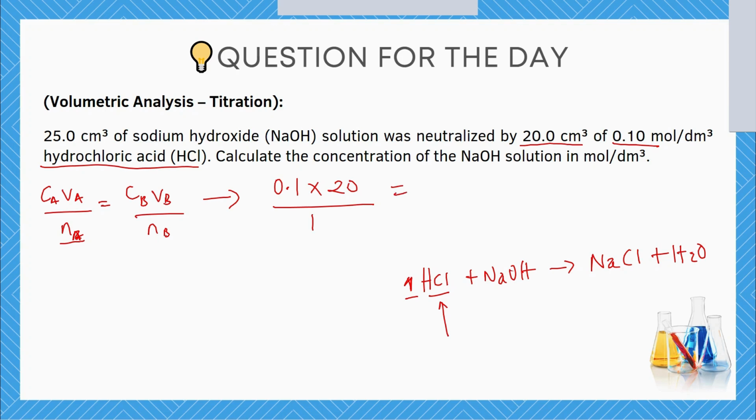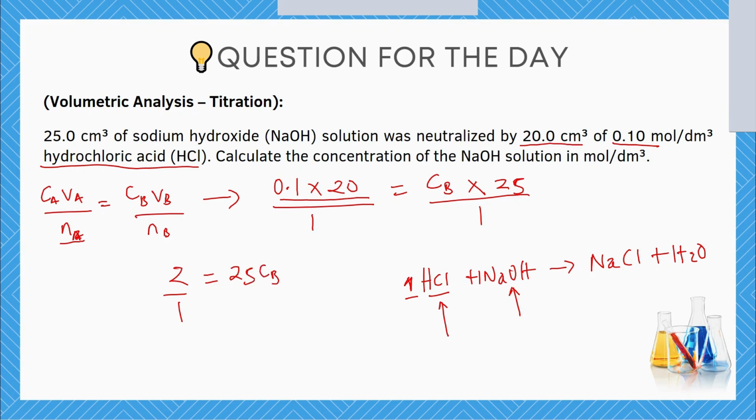This is equal to the concentration of the base, which is what they asked us to calculate, Cb, multiplied by the volume of the base, Vb, that is 25 cm cube. So we have 25 over here, divided by the number of moles of the base, and it is also 1. So now that we have this in place, let's go ahead and do some math. 0.1 multiplied by 20 gives us 2. So we have 2 over 1 is equal to